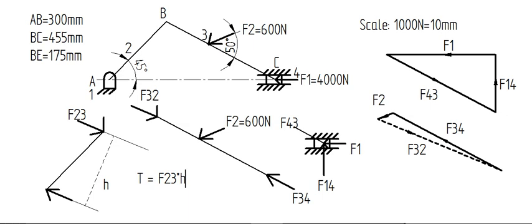So this F32 you have to transfer to link 2, in the free body diagram for link 2, then transfer it for link 1, and then we can take the perpendicular distance and multiply the force by this perpendicular distance to get the torque. So this is the torque that you need to find out. Input torque will be equal to force into the perpendicular distance. So like this you can solve the problem when two forces are given.